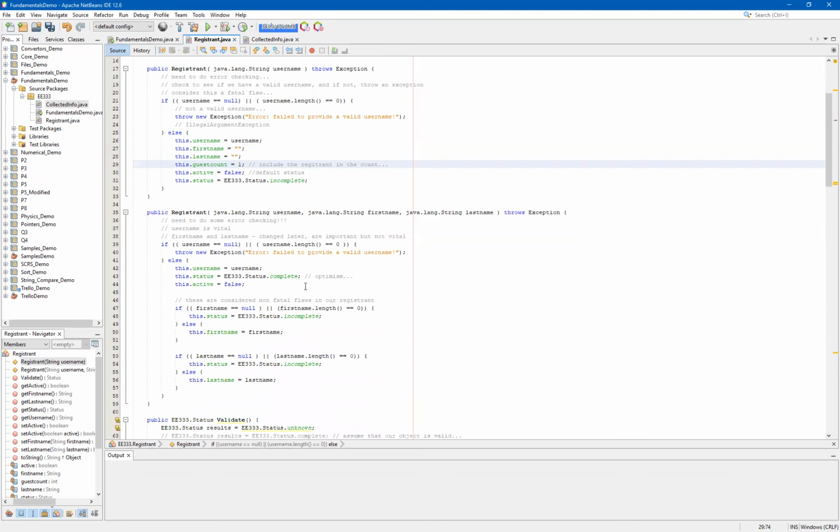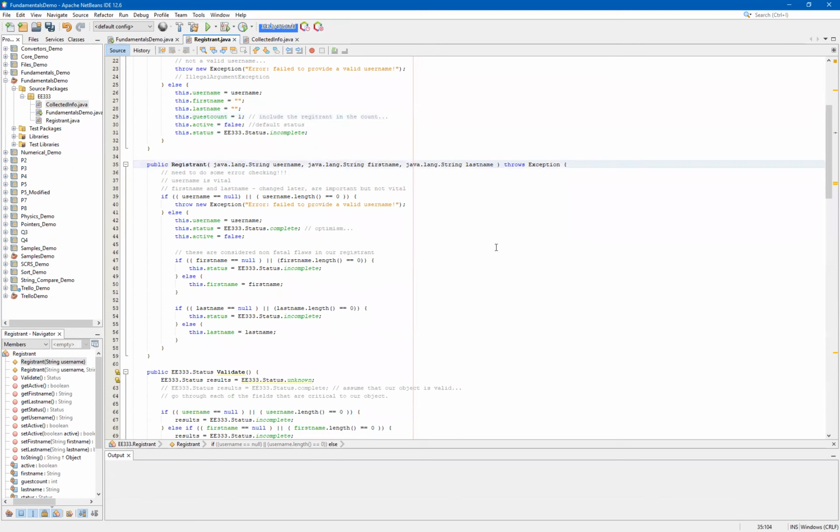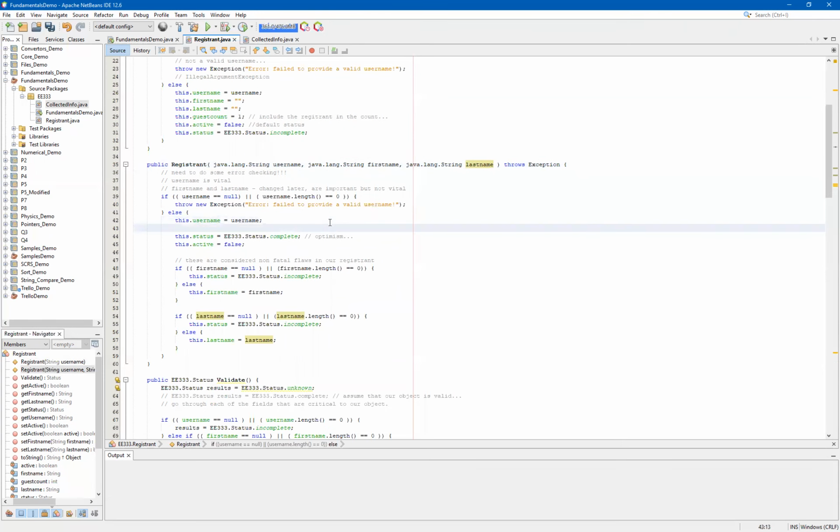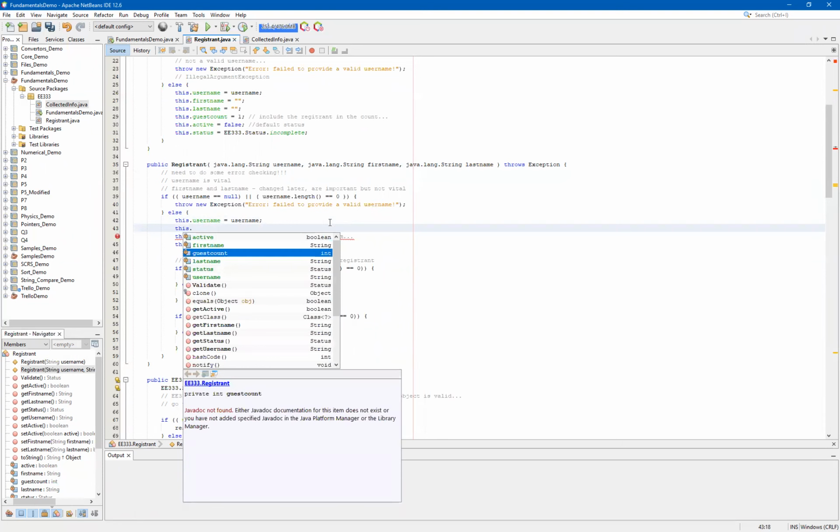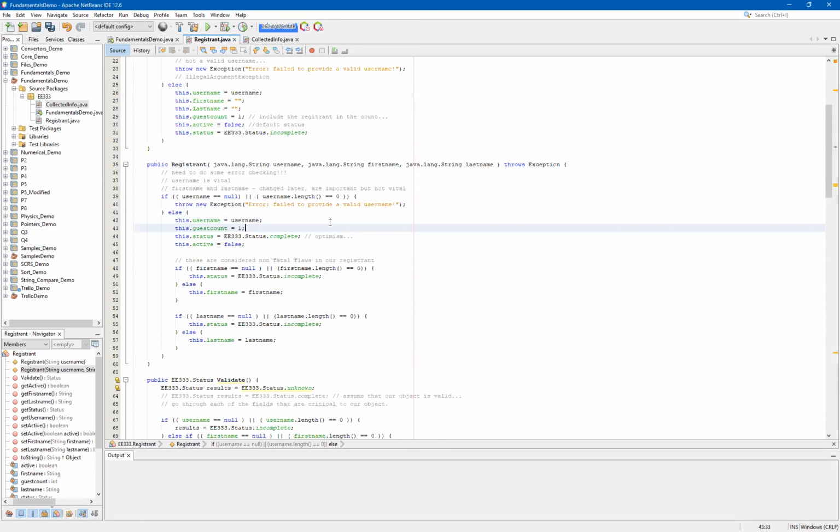Now, if we come down to the next overload, you'll see that we also are not yet providing the guest count. And so again, we would want to go ahead and initialize the value. In this case, our guest count would again be equal to 1, because we are requiring our username for this particular constructor, but the first name and last name are optional. So we at least know that if we get a username, we're going to have a basic registrant object. And at this point, we'll have a guest count, again, equal to 1, that indicates the registrant is a guest at this event,